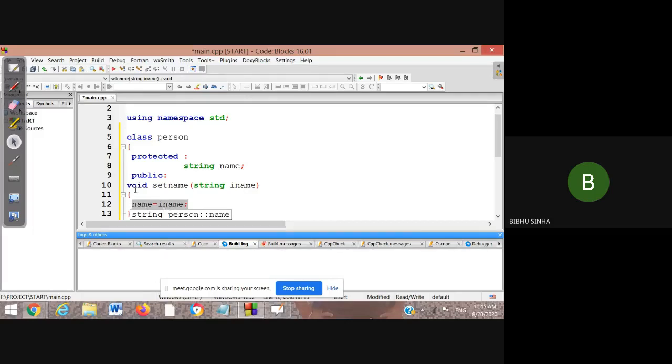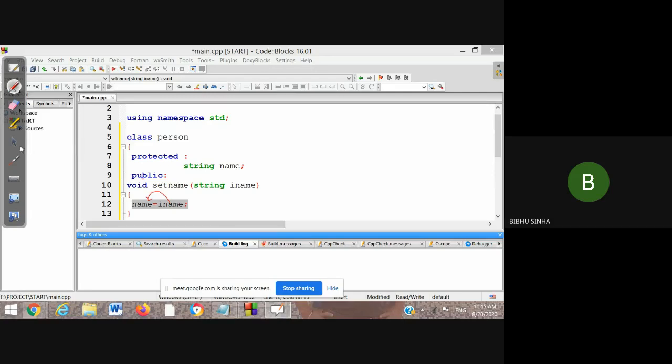That means we are going to copy this iName to name, right? This copy is going on. That's the meaning. We are not accessing this protected data, we are actually accessing a copy of this data. Clear? That is the meaning of this method. That's why we use the public mode, because I know that this is protected. So if I have to access the data outside, I need a public access specifier mode, right? And in that method we assign the variables, meaning we assign the clone of the data.